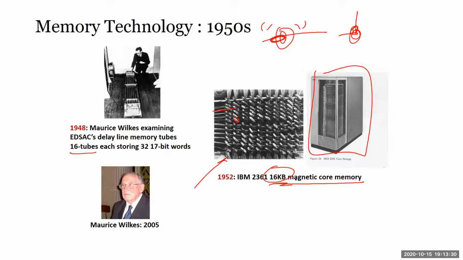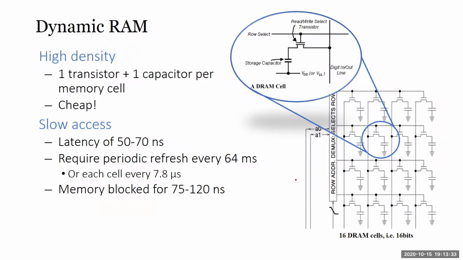So this was in the early days. Until now, we have this invention called a transistor that makes everything so miniaturized. So in memory, this is how your normal DRAM, dynamic RAM, works. It's actually very simple. What we have is a storage capacitor, and then we have a read-write transistor. The capacitor is like an electronic battery. We can charge the capacitor up, then when you let go, it will discharge.